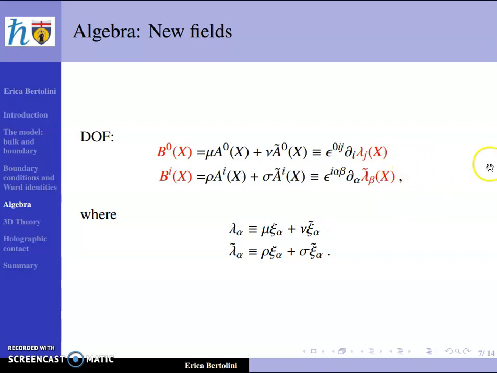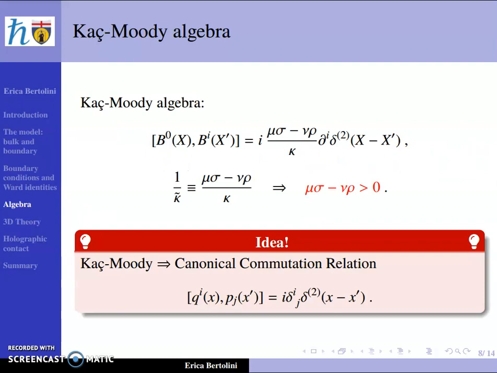So from this new definition, and by a functional derivative of the Ward identities with respect to the external sources, we can find a commutation relation of this form, which is an abelian Kac-Moody algebra, for which the central charge is this. And so, due to the unitarity of the conformal field theories, we have this constraint on the parameter of the transformations. A first interesting thing is that, depending on the values of these parameters, we have different conformal field theories.